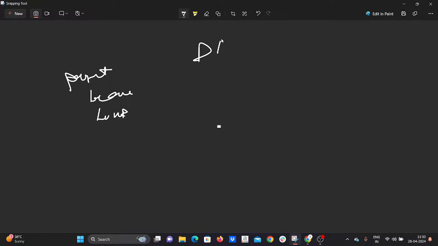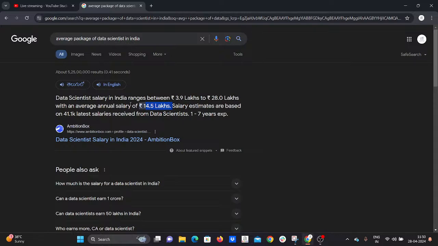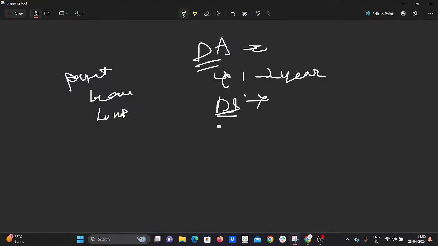As a fresher, you will get a job as a data analyst initially. Data analysis is the main role, where we analyze the data, interpret the data, find the trends, and do data cleaning. Everything comes under the data analyst process. So if you build skills for 1 to 2 years, you can directly apply for data scientist, and according to Google the average package is around 14.5 lakhs, consider it as 14 lakhs average. If you have 2 years of experience, you will definitely get it.